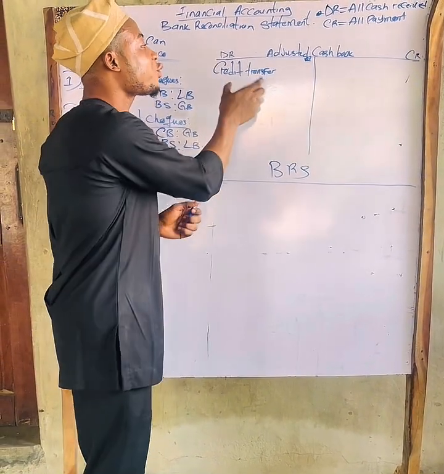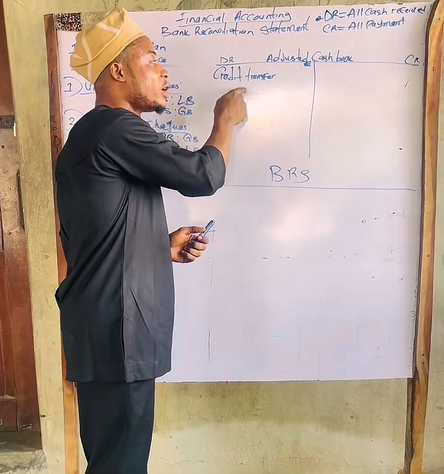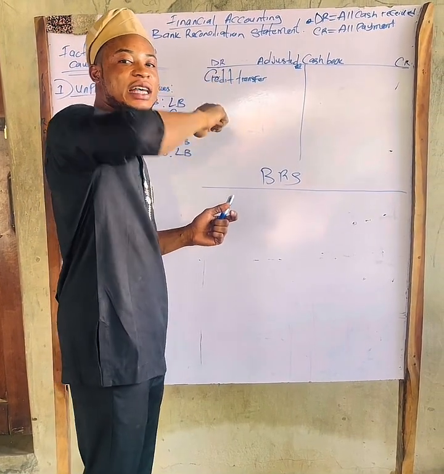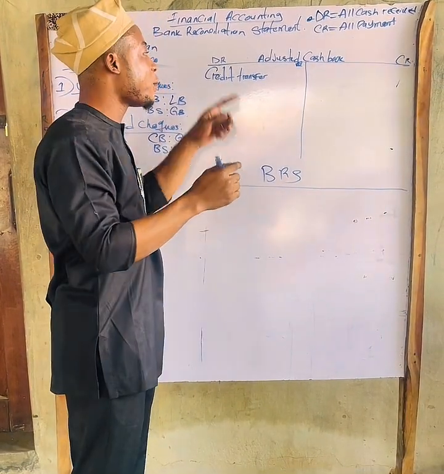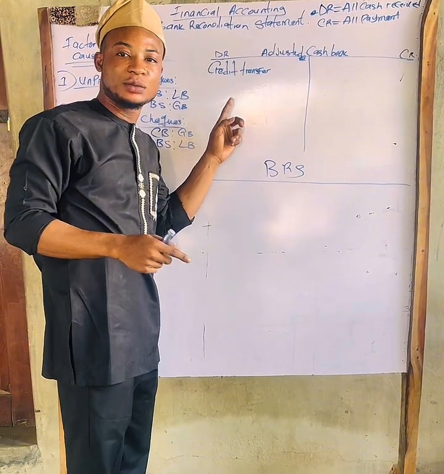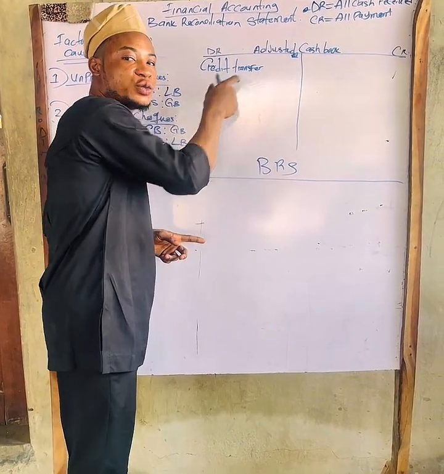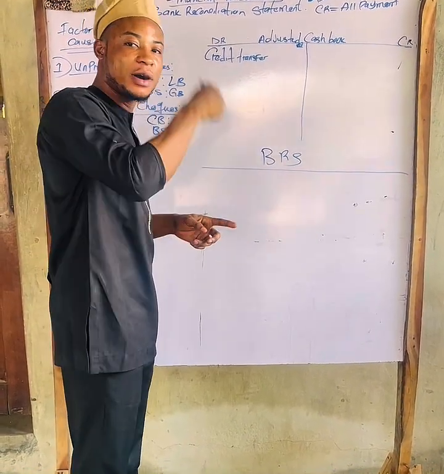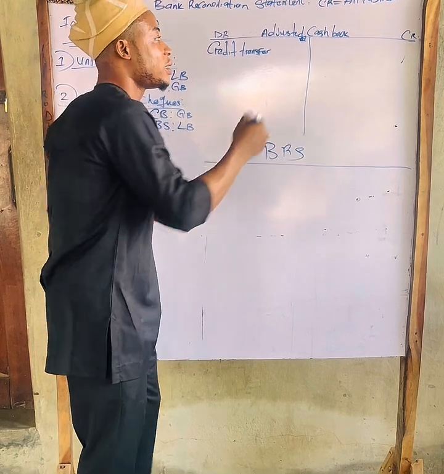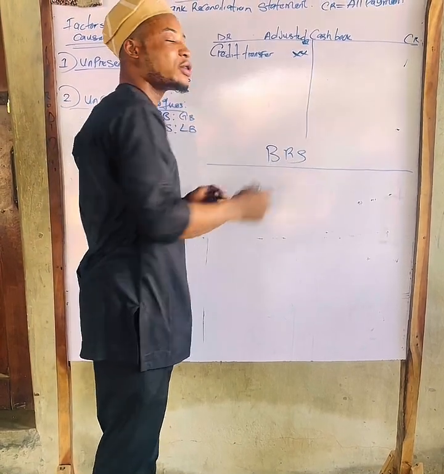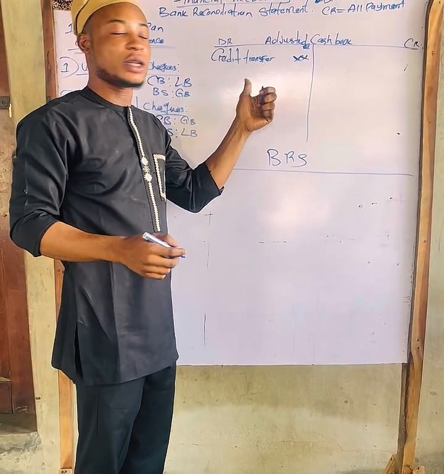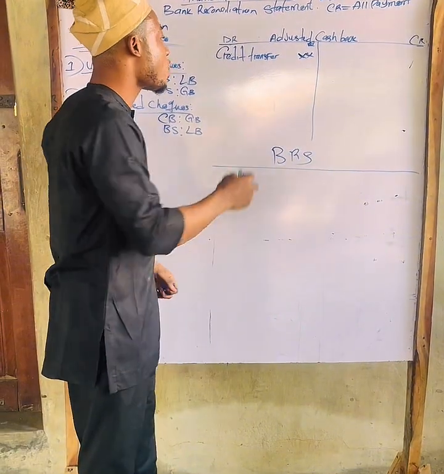So in that case, we have to record it on the debit side. While we're recording that transaction, that transaction has been recorded in the bank statement, but has not yet been reflected in the cash book. So in the adjusted cash book, we are going to bring the credit transfer, the amount that has not been recorded in the cash book. So that's why we are recording it now, because it was not recorded before. All right, so we also have